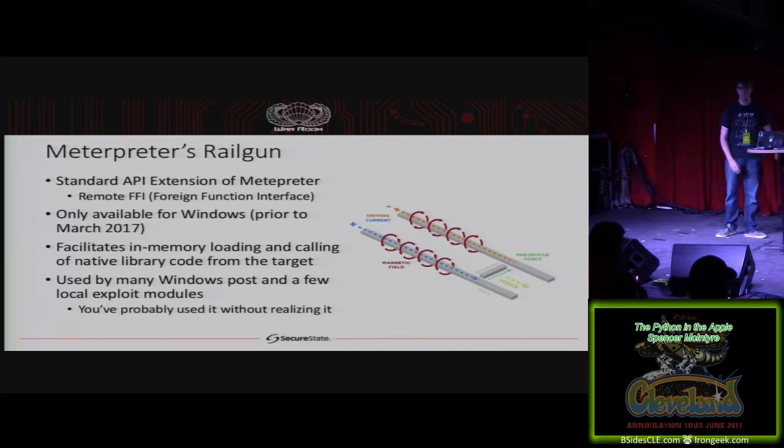Over there on the far right is how an actual real Railgun works, but I couldn't find anyone that had made an image of how the software version works. So I'm going to go ahead and explain that. Like I had mentioned, it's a foreign function interface similar to ctypes, but it allows it to be